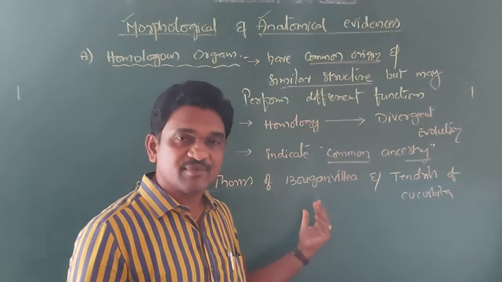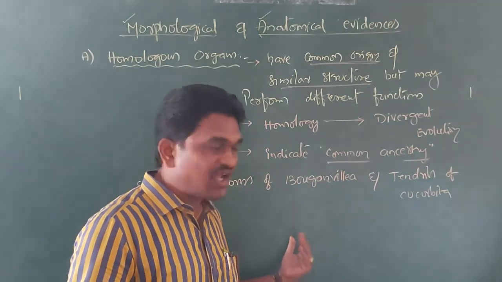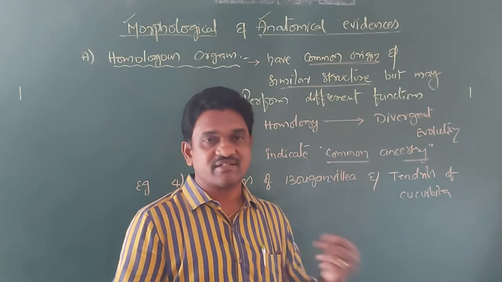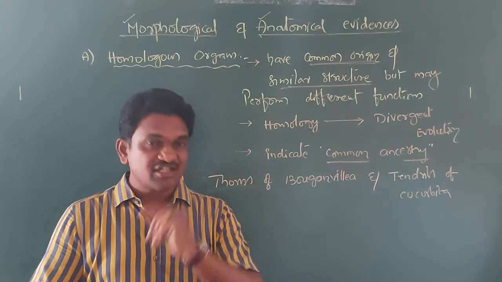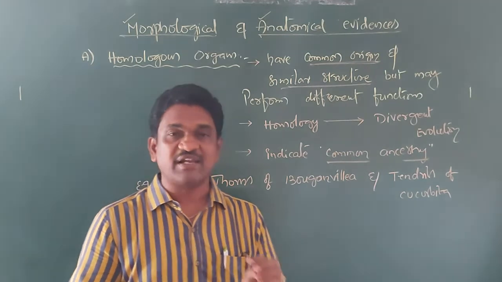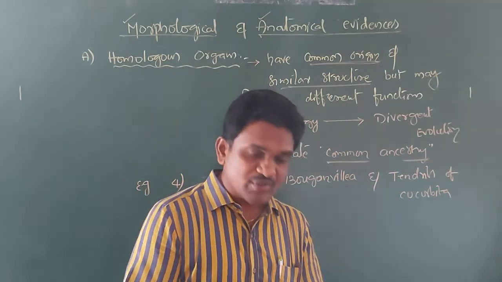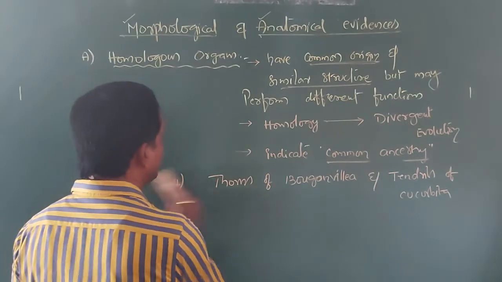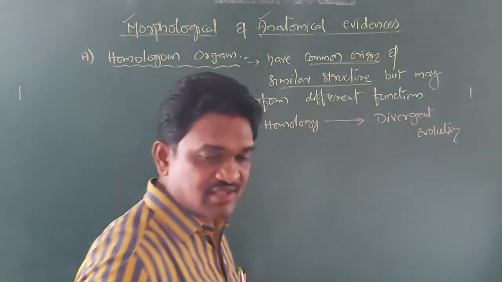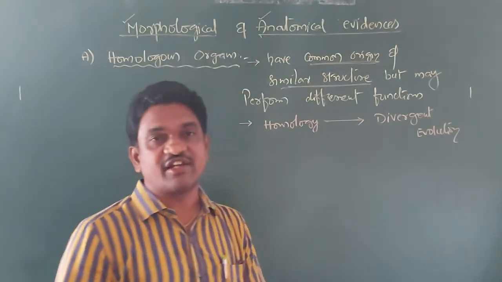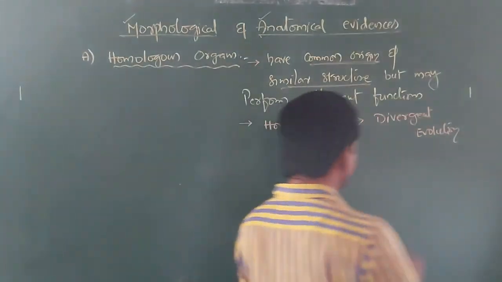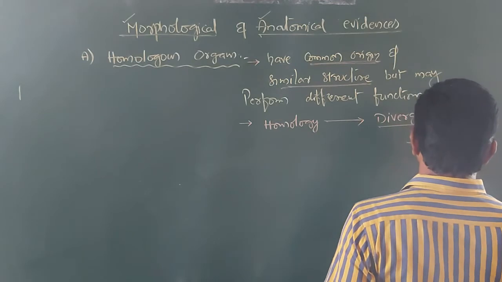Why do they possess the same structure? Because bougainvillea and cucurbita might share common ancestry. So all these examples suggest that structural similarity in various organisms is due to sharing common ancestry. Now, the presence of structural similarity is known as homology. Okay. Now let's discuss divergent evolution. What is divergent evolution? Homology indicates divergent evolution. Very important. This definition is very important.